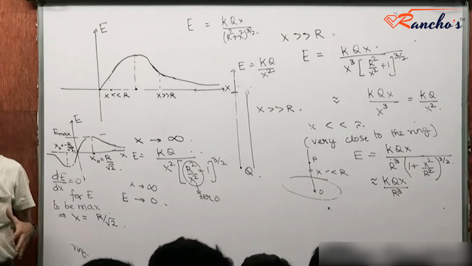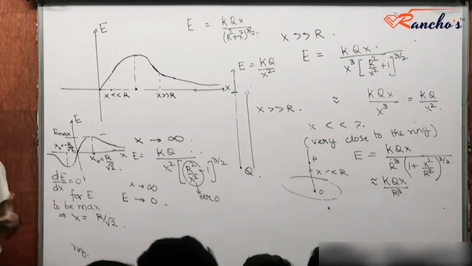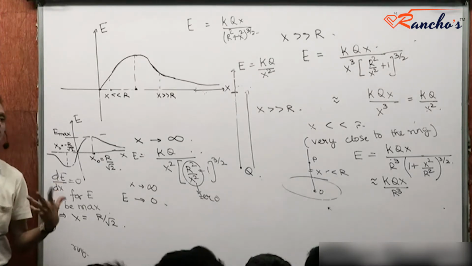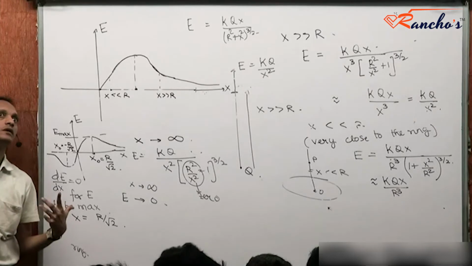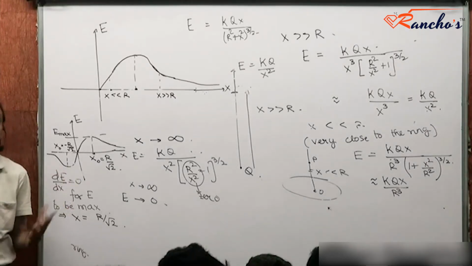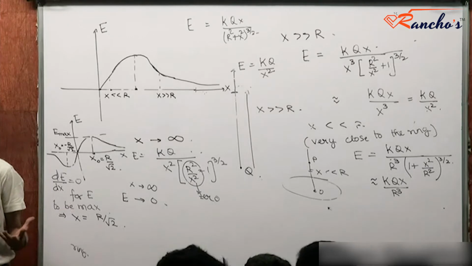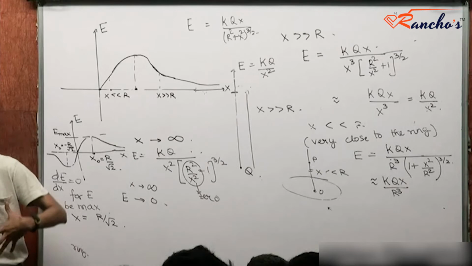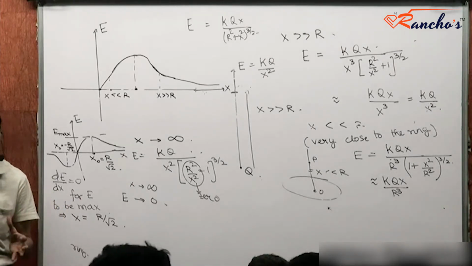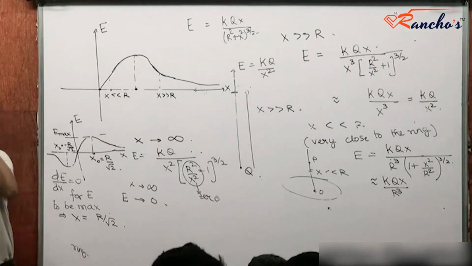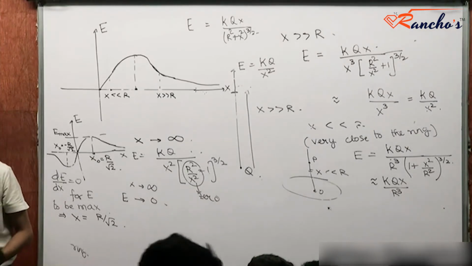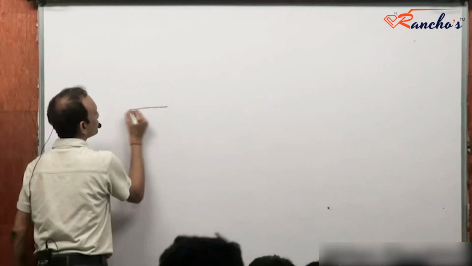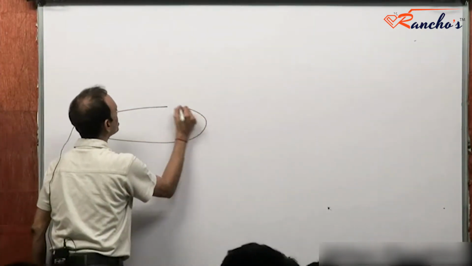So, the electric field. Now, what about the potential because of a ring at a point P on the axis? That's a much easier statement to handle because directions don't have to be taken care of. Potential is a scalar, and you don't have directions for potentials. Let me compute the potential at a point P on the axis of the ring at a distance x from the center for a uniformly charged ring.